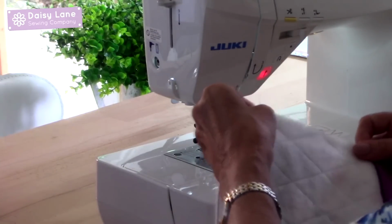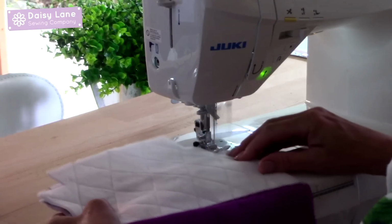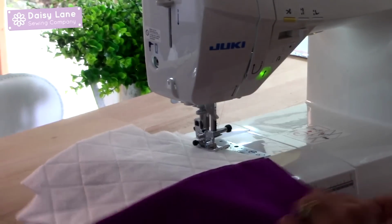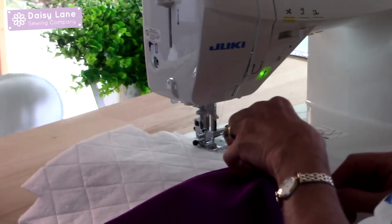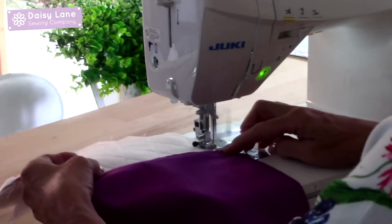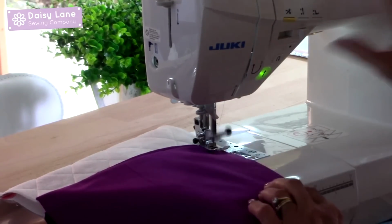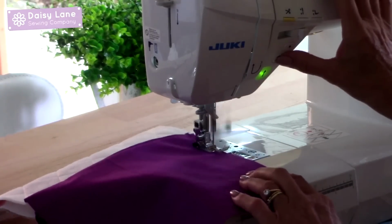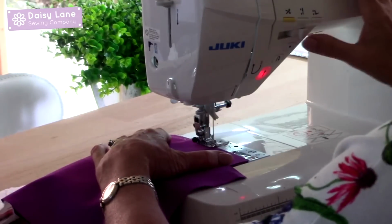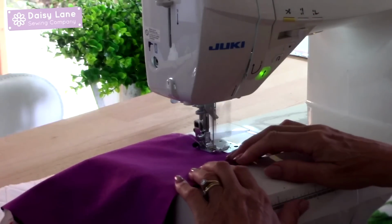So let's start at the side here. And I'm just using a 1/4 of an inch seam allowance. It doesn't have to be exactly a 1/4 of an inch or 5 millimeters. If you want to use the edge of your sewing machine foot as your stitch guide, then that's absolutely fine. So let's leave my turning gap here. So skip down a little bit and then carry on